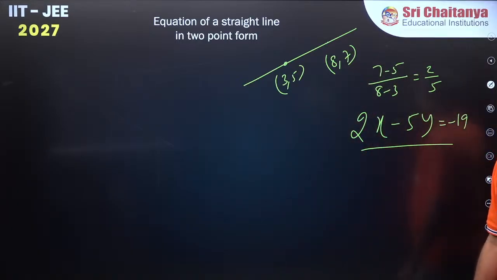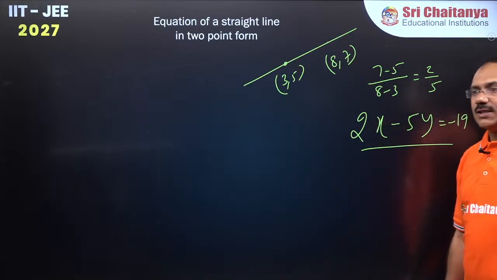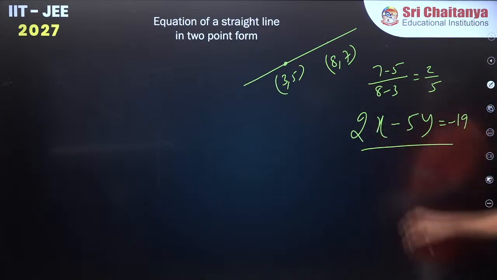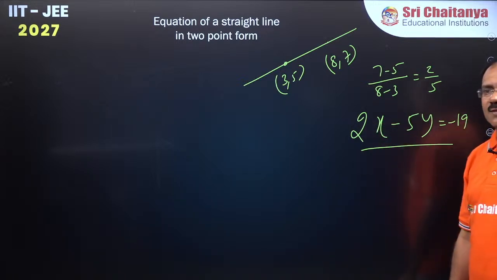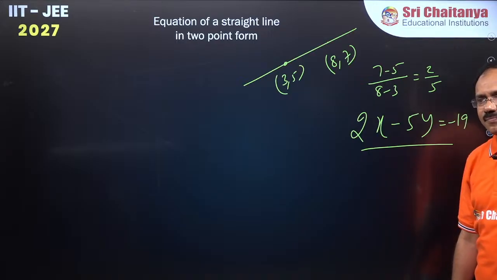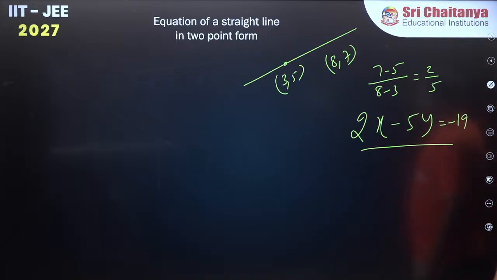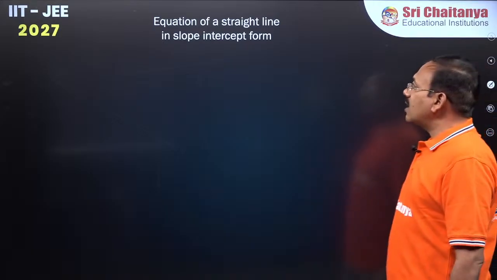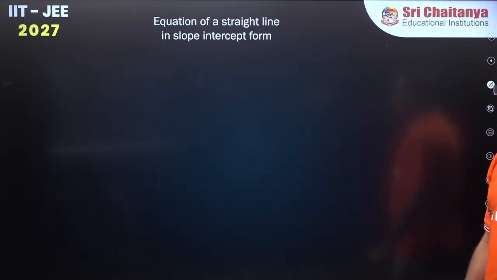Correct, dear students? Correct. It is minus 19, not 19. Please note, Hasini. So 2x minus 5y is minus 19, because 6 minus 25 is minus 19. Clear, everyone? Right after this, dear students, the next one is the equation of a straight line in